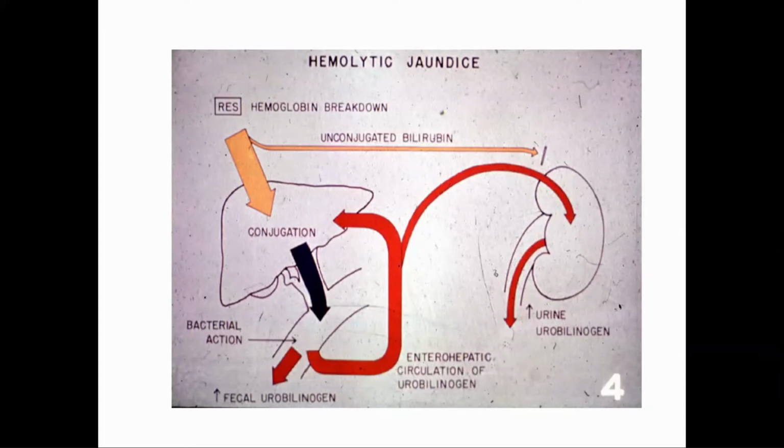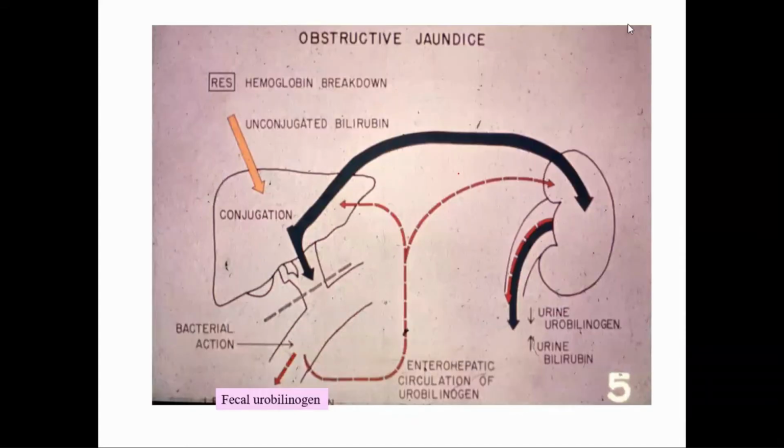But there won't be any bilirubin in the urine, because this unconjugated bilirubin cannot pass through the kidney and come to urine. So this happens in hemolytic anemia, which is characterized by jaundice. So there it is unconjugated bilirubin in the blood, so it doesn't appear in the urine. Now what happens in obstructive jaundice, I will be talking about later on.